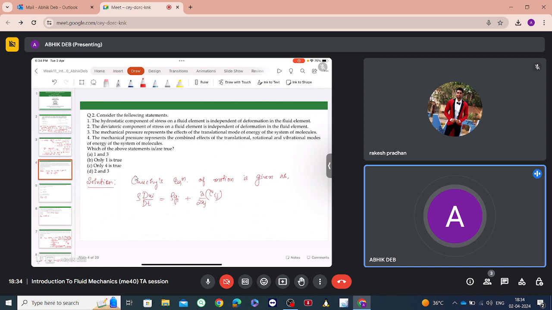Cauchy's equation of motion, we have arrived at by applying momentum conservation to a differential control volume. And from this step we will continue. Okay, so the stress on a fluid element